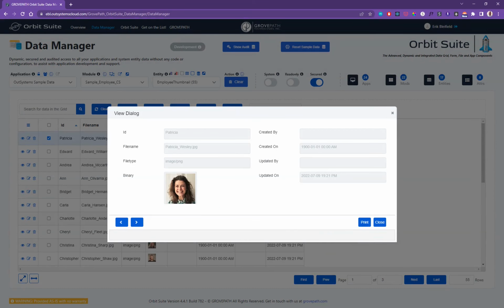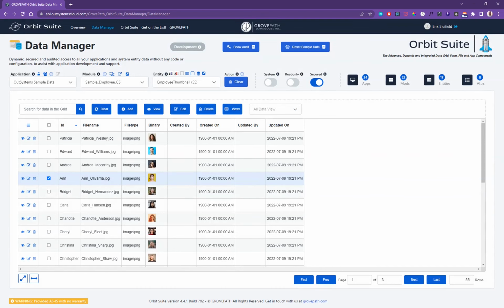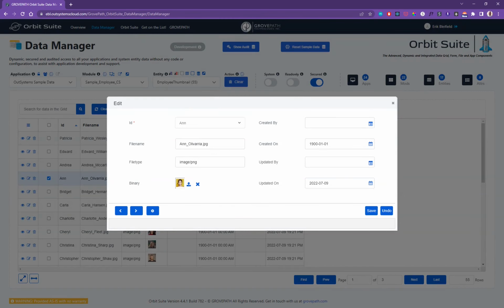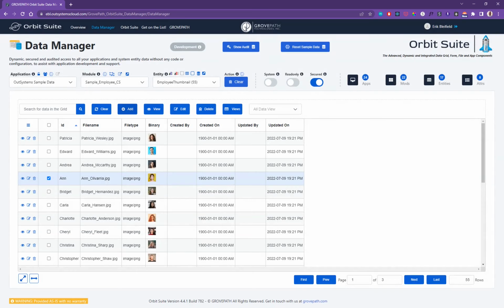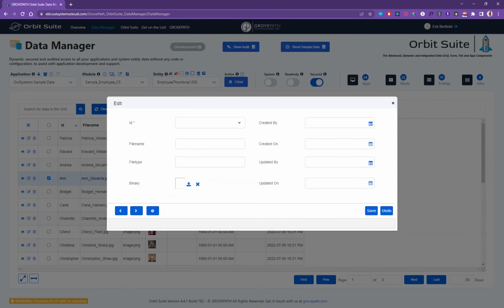We can immediately get a dialog that will allow us to step through the rows and look at the different data. You can print that information. We can edit that information and update the fields that we need to, including updating binary fields, all created dynamically. We can add completely new rows and save data to the table. And so all this helps jumpstart